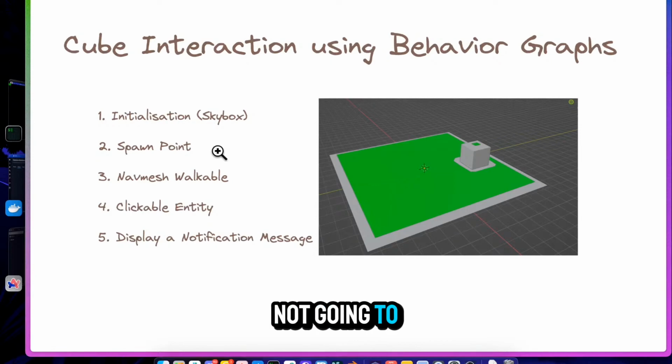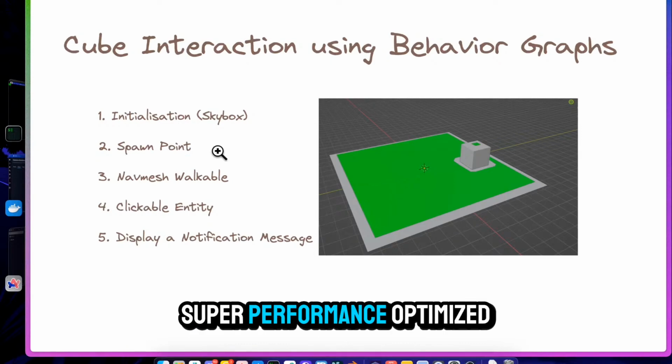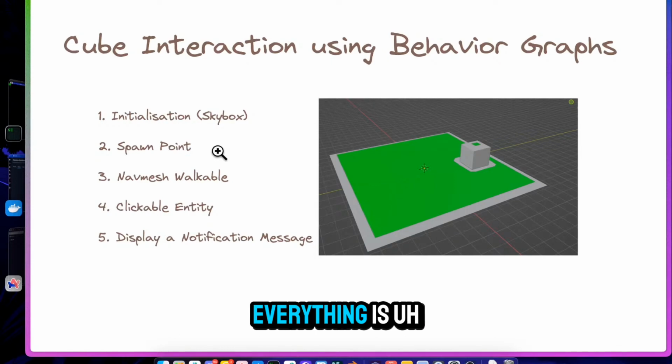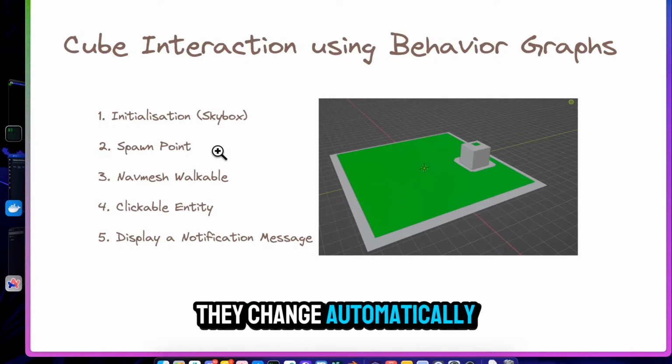We are not going to use physics based because we are targeting all sorts of devices, be it low end or high end, they all should support it, and it is super performance optimized. Everything is very easy on the RAM, CPU, and whatever, be it a very low end mobile phone or a very high end PC. It supports all of that, and the resolution and everything change automatically based on